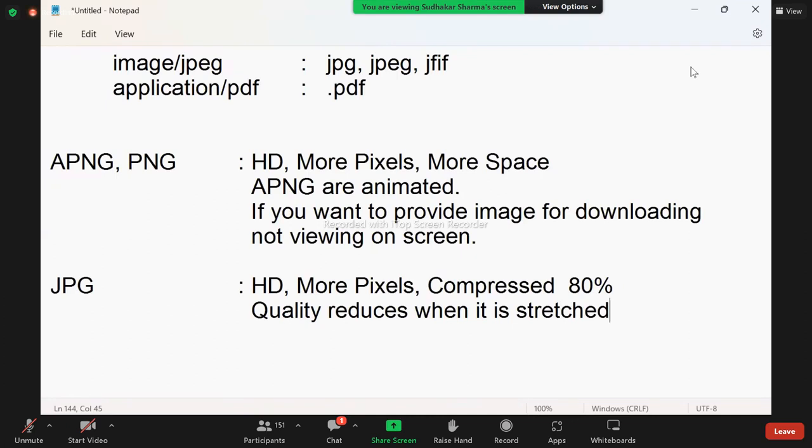You cannot stretch the image and keep it on the screen. Sometimes the image does not fit, so you have to stretch it. But with JPGs, when you stretch, they start losing the quality. So if you want on-screen display,